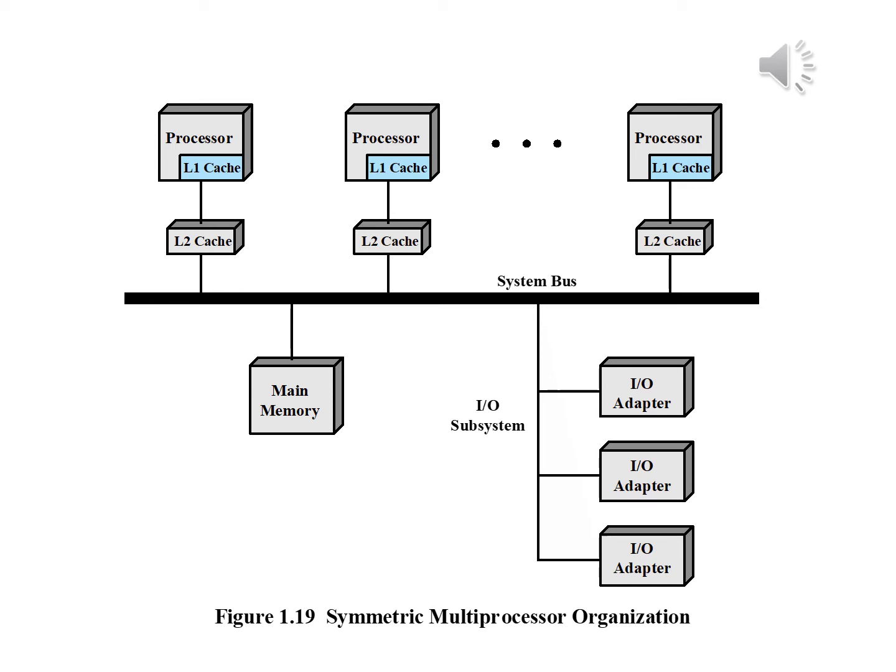To prevent this, the other processors must be alerted that an update has taken place. This process is known as the cache coherence problem and is typically addressed in hardware rather than by the operating